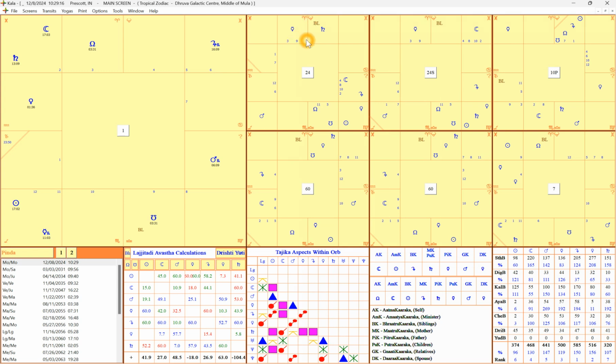It has its own rules. And this is the chart. Sidhamsa means perfection. This is a chart of spiritual advancement, your capacity to truly understand something. All right. Now in this chart,